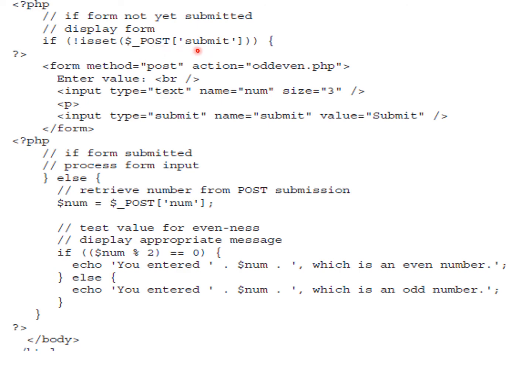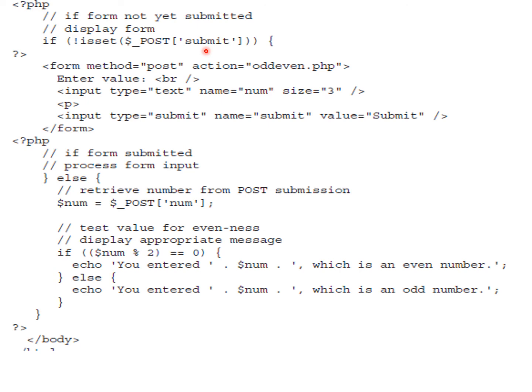What happens here? Not isset of $_POST['submit'] happens if the submit button has not been correctly specified, that is, it does not have valid data.